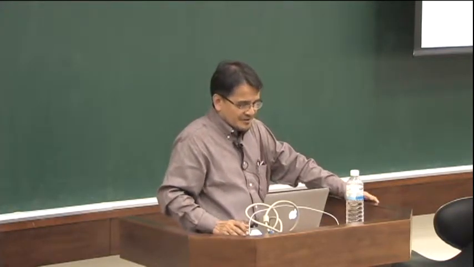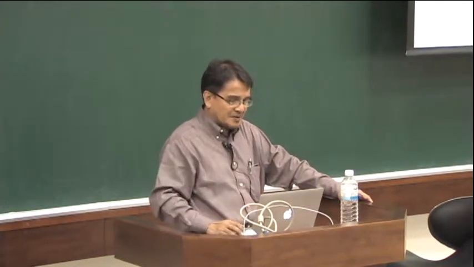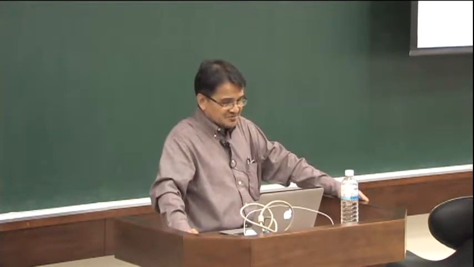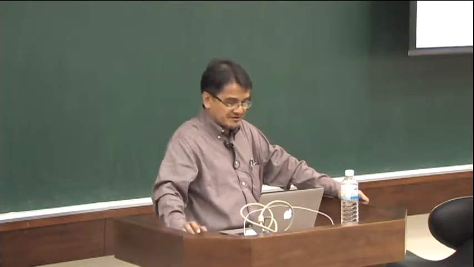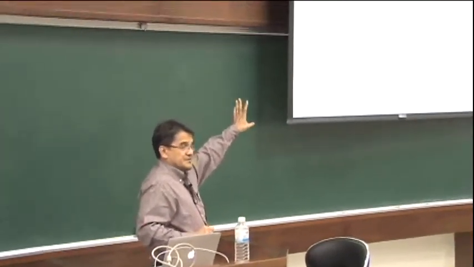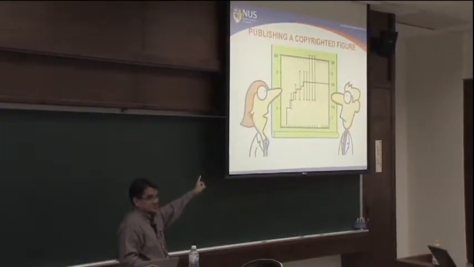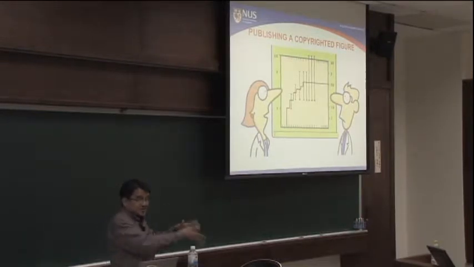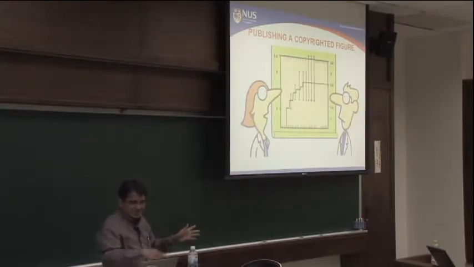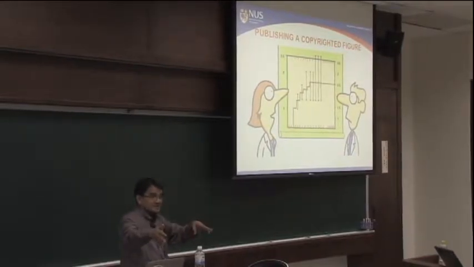Okay, these parts are now about some cases. First one is about publishing a copyrighted figure. A postdoc fellow and his mentor have co-authored a paper as a preliminary report. I want to go back to that because it is about a figure. Imagine that is a figure. I mean, that's not their real figure, but imagine that that is the figure that they have published in a previous paper. To cut the long story short, what they want to do is to publish another paper